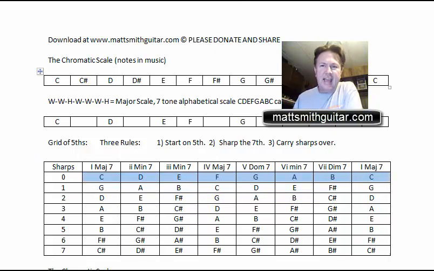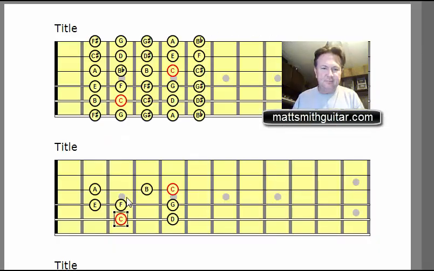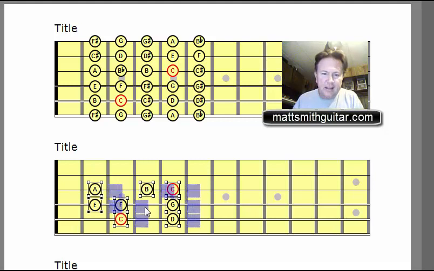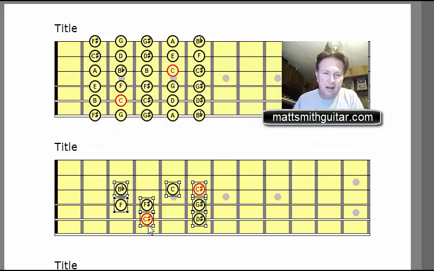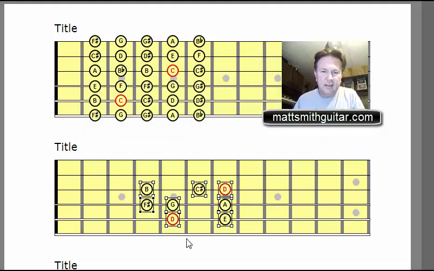Now, here's what I want you to understand. If I take this pattern and move it up one fret, look at the sharps and flats. We have C sharp, D sharp, G sharp, F sharp. We have a B flat and a C and a C sharp. And it's crazy town. If I move it up another fret, it's D, E, F sharp, G. So there's only two sharps. That's not too crazy. We move it up another fret,